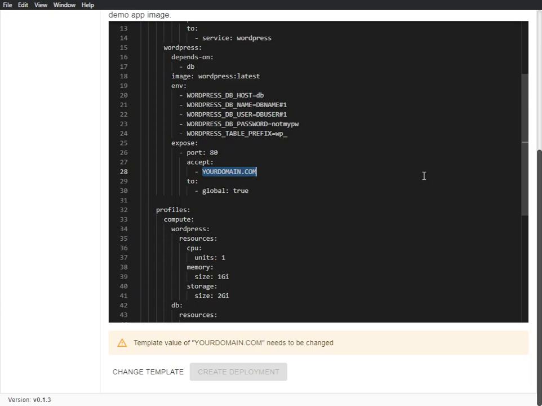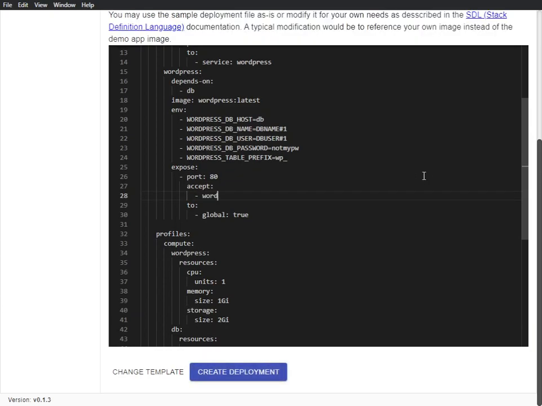And for now, I'll just write my own WordPress. I'm not gonna set up that domain name or subdomain. I'm just doing it for an example. So we'll create the deployment,